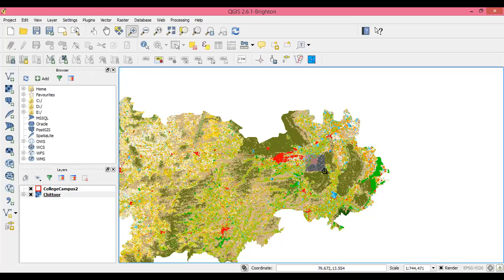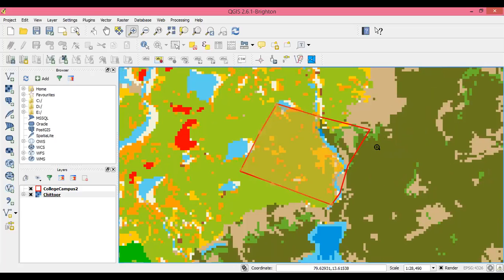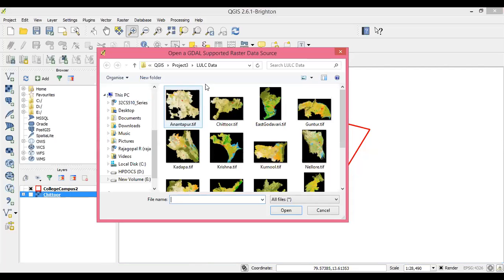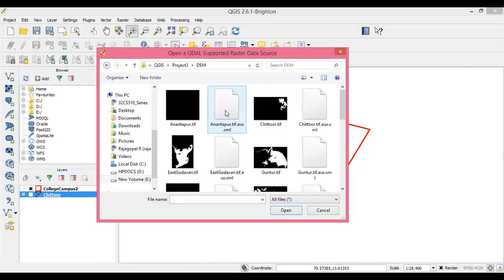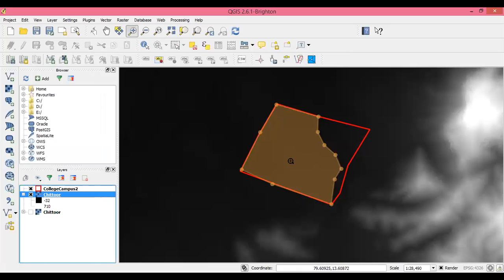Okay, so I'm going to zoom back into my college campus. So this is my college campus. Now in the background, I have the land use land cover. I will turn that off, and I'm going to now import the digital elevation model. Okay, so this data has also been provided to you. So I'll have to import the digital elevation model for Chittoor district. All right. So you see some kind of a black color in the background. So that is the